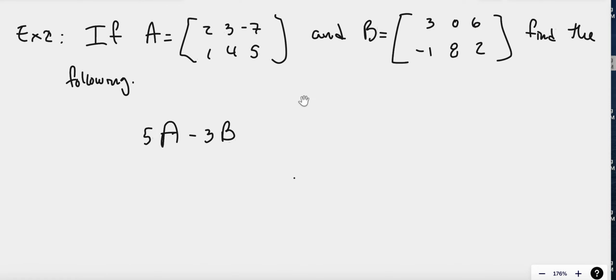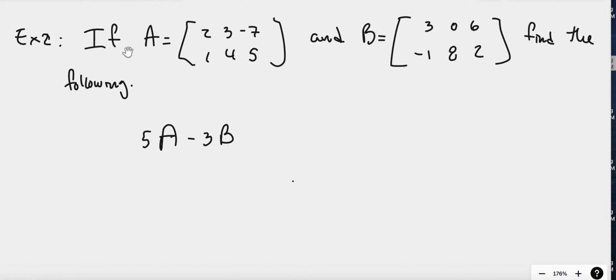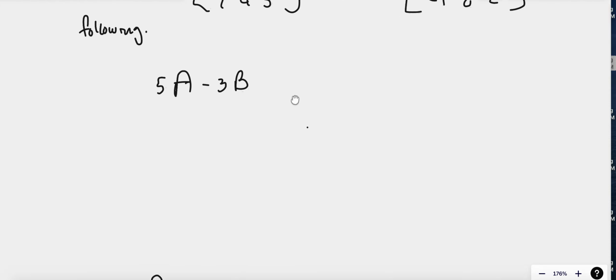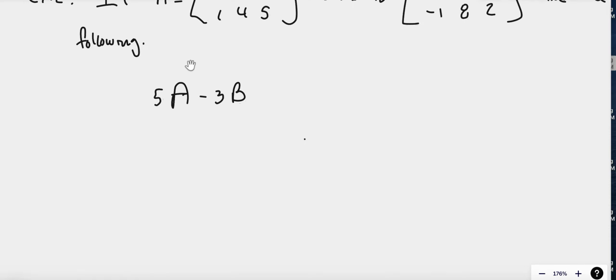Here's the next example. It says example number 2. If A is equal to this and B is equal to this other matrix, then find the following. We have to find 5 times A minus 3 times B. So how will we do this? I want you to think about how we will do this type of problem. And I'm going to work on it right now. So we have